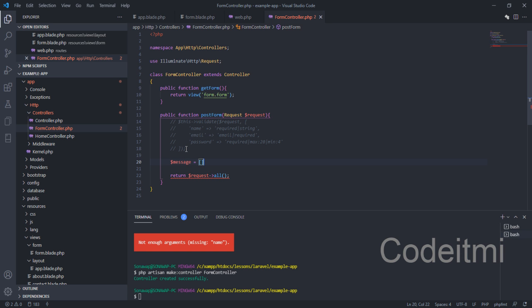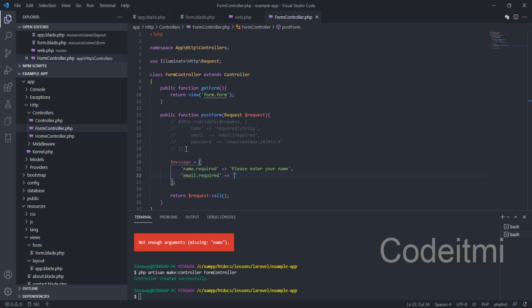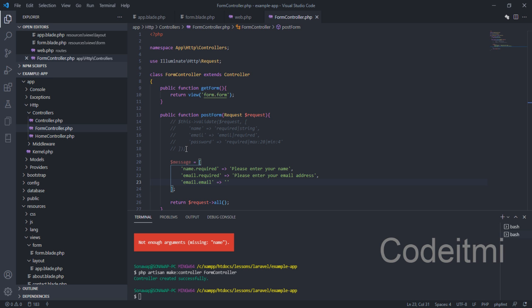So right here I want to say name.required, and this we have a value of "please enter your name", and for the email.required, this we have a message of "please enter your email address", and for the email, this will be "please enter a valid email address",